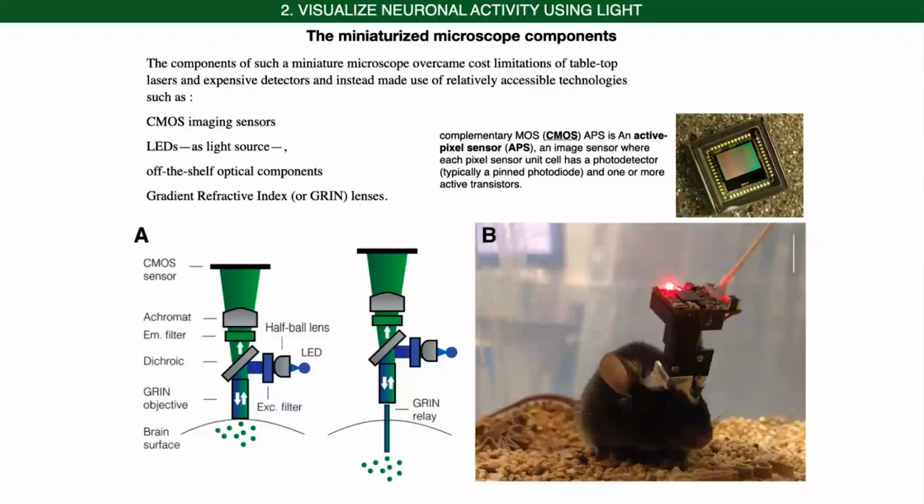So there are different components of this microscope. This is in all ways a miniaturized microscope. There are different components that are important for the imaging, for the LED to activate and visualize the fluorescent indicator. There are optical components, and then also we have a green lens that we can use actually to be